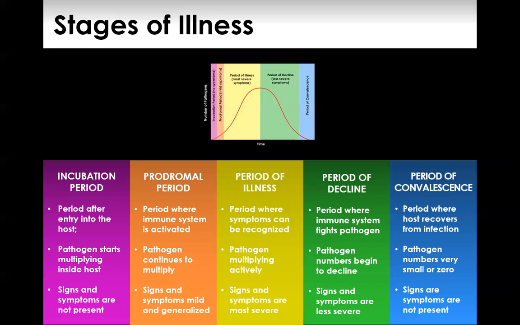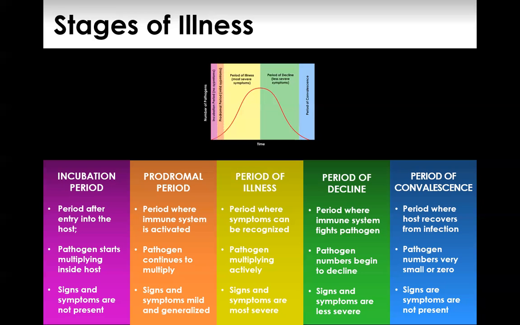Now, this prodromal period, this is when the immune system is like, hey, wait a minute, we have a bad guy, we have a pathogen, there's something that's invaded our body. We have to start fighting. And so that's when you're going to see the individual with maybe a fever. They start to feel malaise. And so the symptoms will sometimes be mild. But this is where the immune system is starting to kick in, okay?